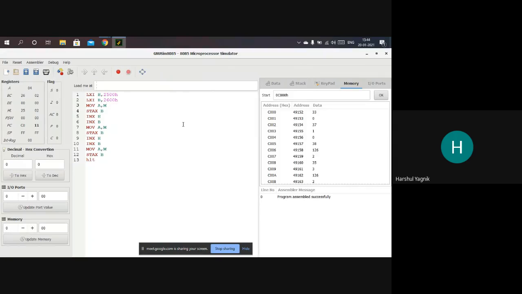Yes, it is visible. Is it copied? Go to memory location 2600. Okay. Now go to 2500 and change the data.